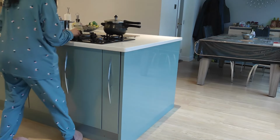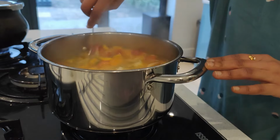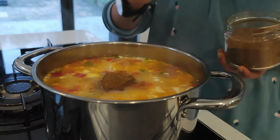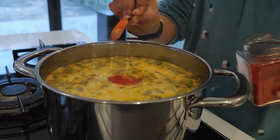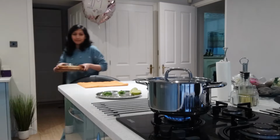Keeping an eye on my coconut curry. The water has come to a good boil. I add in coconut milk, a teaspoon of jeera powder, which is cumin powder, a teaspoon of dhania powder, which is coriander powder, kasuri methi, a teaspoon of red chili powder, allowing all the masalas to nicely infuse in the